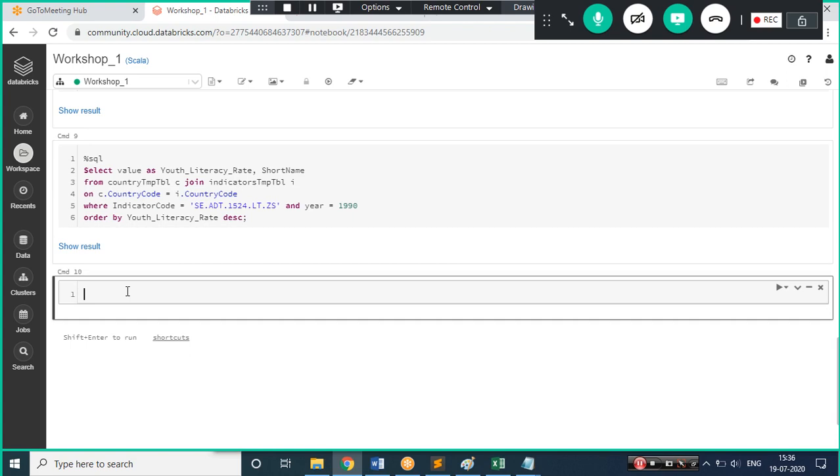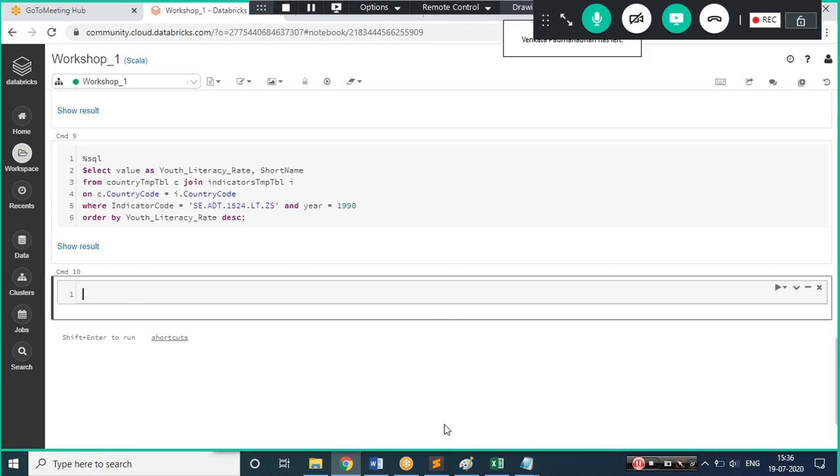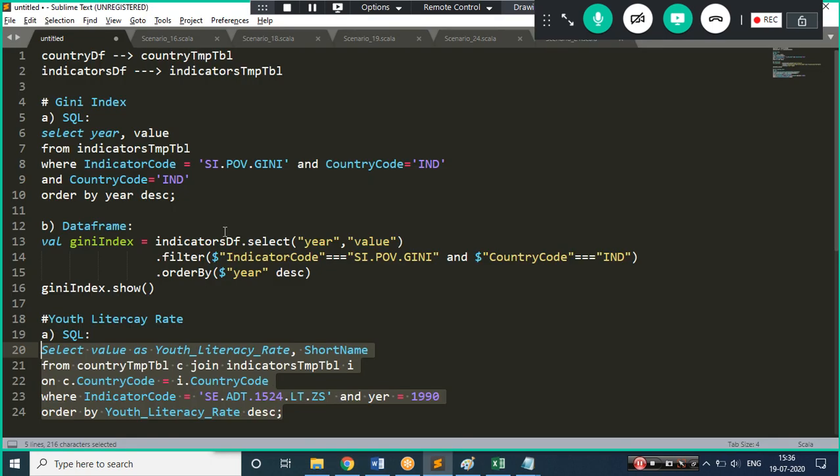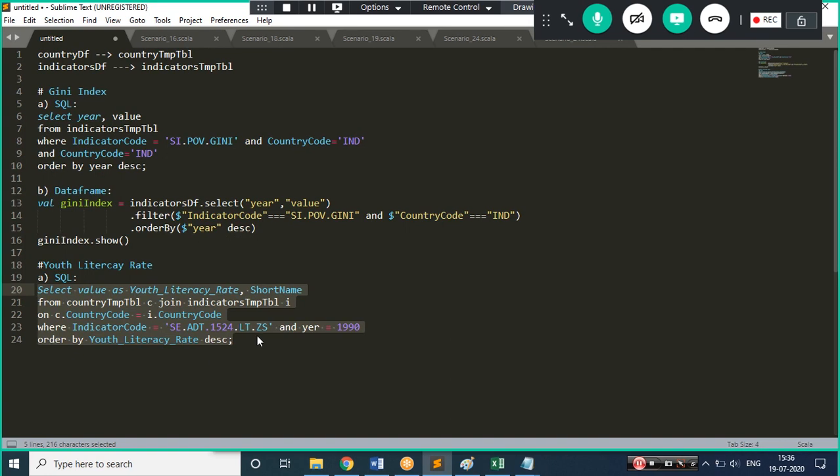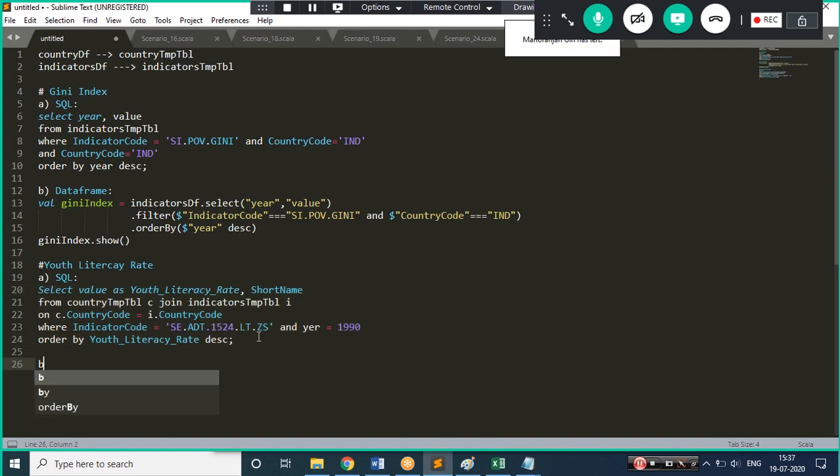Now let's try to do the same thing with my data frame. Okay, so let's come back, let me minimize this, that is fine. Let's go over here and let's go with my data frame mode.